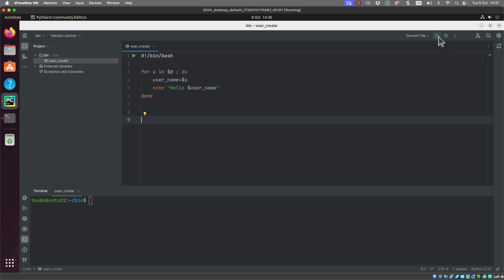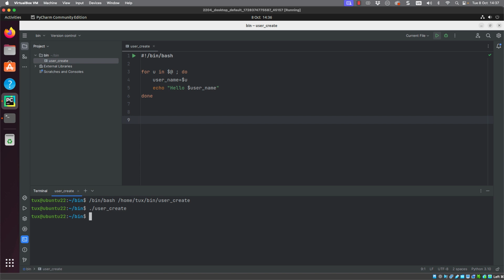Let me move up to my run button here so I can then run my script. I can see it in the bottom window where we've run bash against my user create script, and we have absolutely no output. I can even test it. Run user create, and we don't even get the hello.